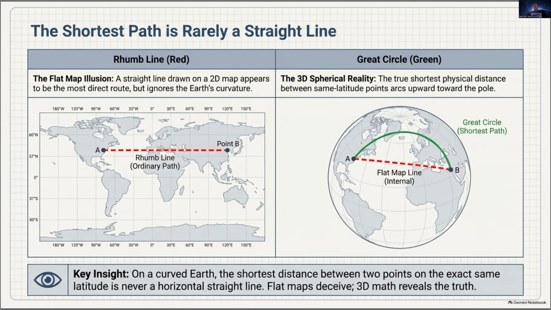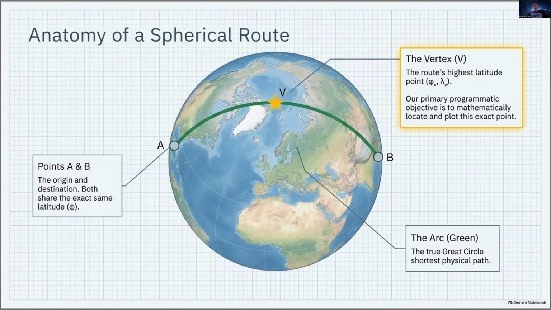On a curve, the shortest distance between 2 points on the exact same latitude is never a horizontal straight line, but now we see the 3D map already. And then we can show from 3D to 2D, the Earth globe to the plane world map, the anatomy of a spherical route, with points A to B at the same latitude, and then the vertex, we can measure the vertex,